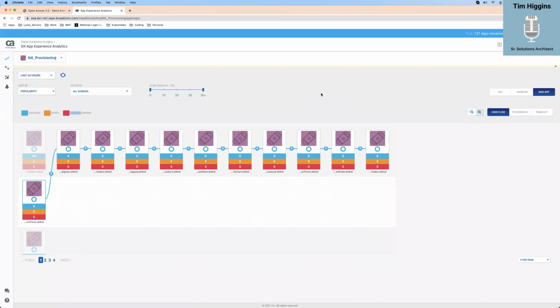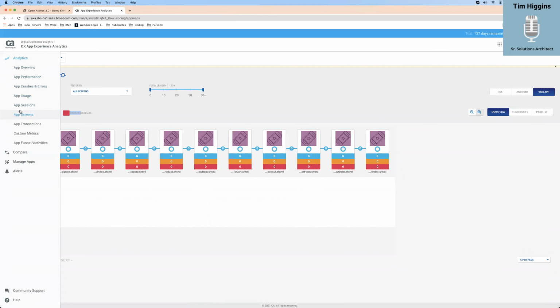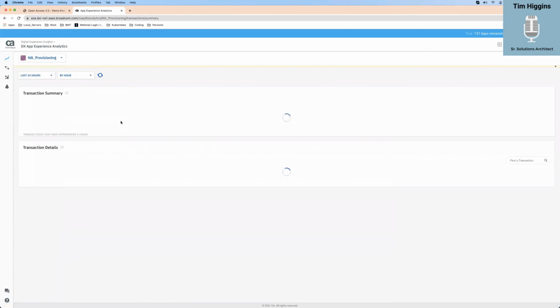So that's a really cool thing. Now, especially if you're using an iPhone, webs are pretty cool, but when they're on the iPhone and they say, well, I tried to click that button and that button didn't work and I'm having issues, it's nice to know what they're looking at, right? Okay, so the other thing I want to show you too, here's your app transactions.